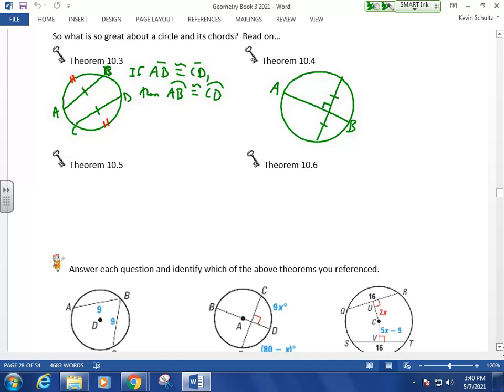Since AB is a perpendicular bisector of the second chord, then we know that AB is the diameter. Right? So if you are told that those two sections, those two parts of that shorter chord are congruent, and you've got that right angle there, your conclusion is that AB is the diameter of the circle. Okay. Theorem 10.5, which is related to this,